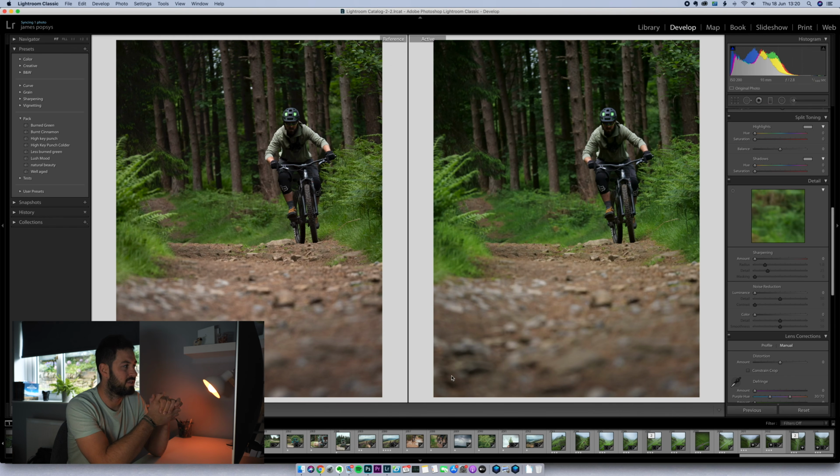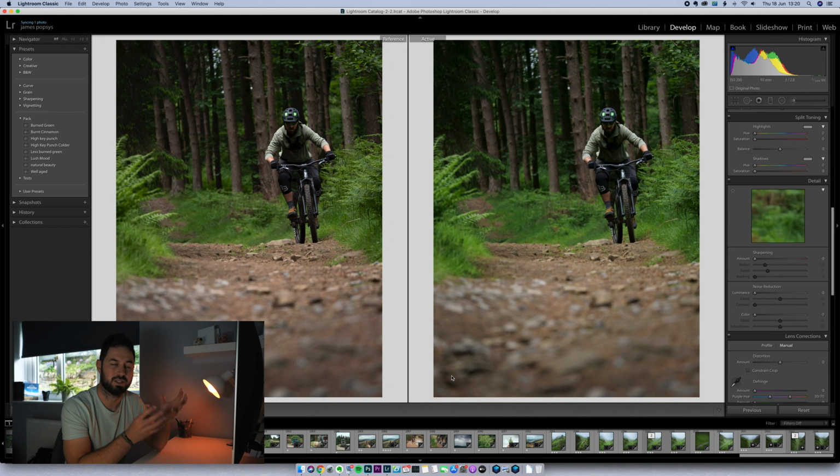Now looking at them from afar, or indeed perhaps through YouTube's horrible compression, you might not actually be able to see much of a difference between them. In fact, even on this 5K monitor, I can't see a whole lot of difference. If I look a bit closer, I can see a slight difference in color, contrast, and sharpness,